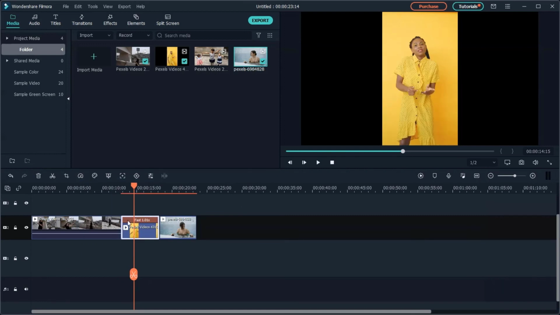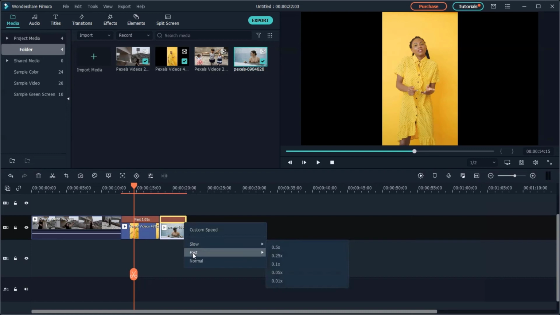The third method is to manually drag the video to change the playback speed. While holding down the control button, drag the clip's edge backward to slow it down or forward to speed it up. When you slow down the video, you will notice a purple strip indicating the speed change. When you speed up the clip, the red strip indicates the change in speed. Click on the strip to get a flyout that shows speed-related commands.